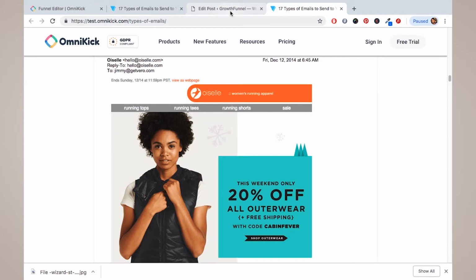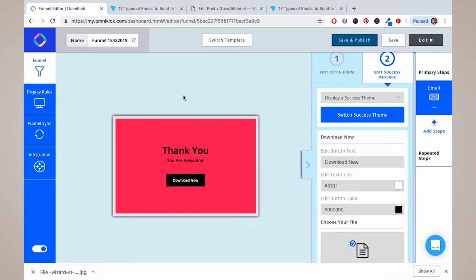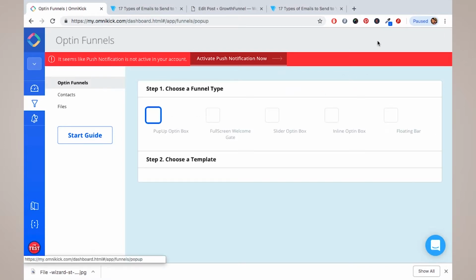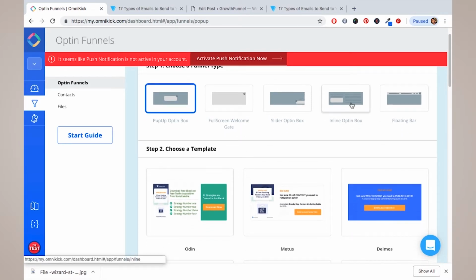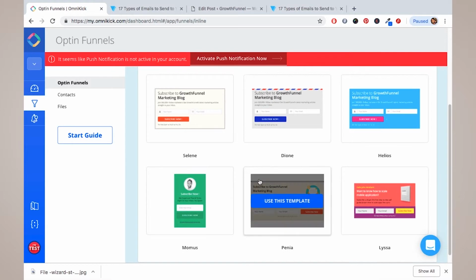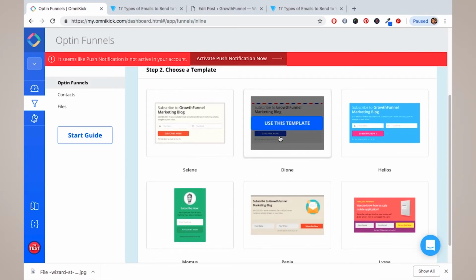Okay, now I'm onto my app again. I'll exit from this existing edit panel. Okay, and I'll click on create, and I'll click on create a new opt-in funnel. Now I'll use an inline opt-in box. Okay, so this is what I can do now. Okay, by any of these boxes, I can upgrade one of my contents, and that is, let's say I want to use this template. Okay, so I'll open it,